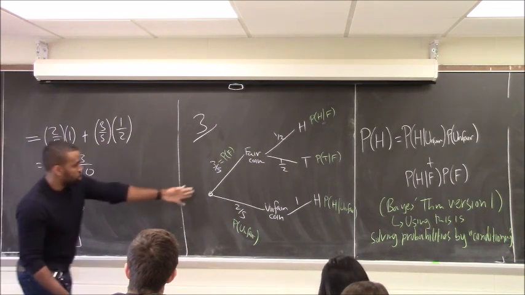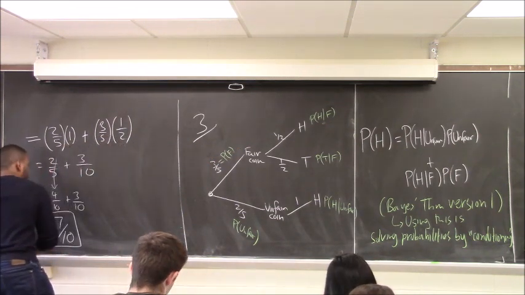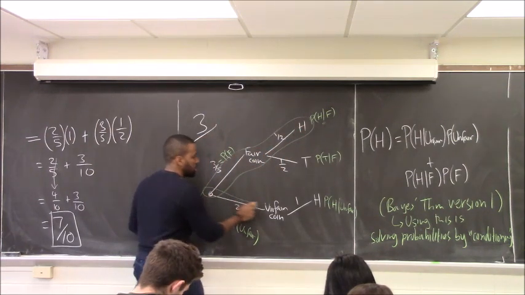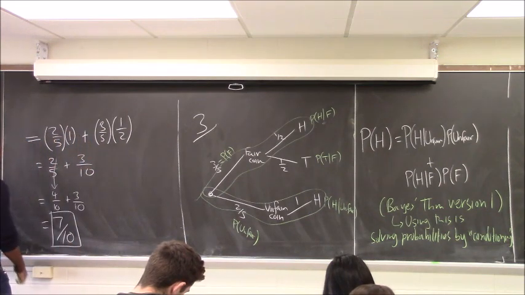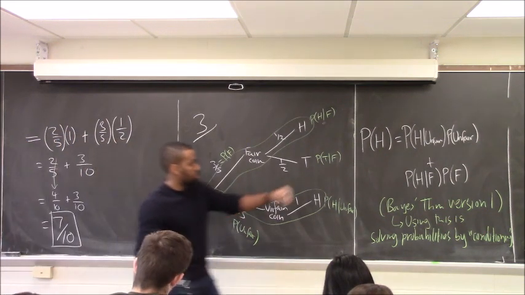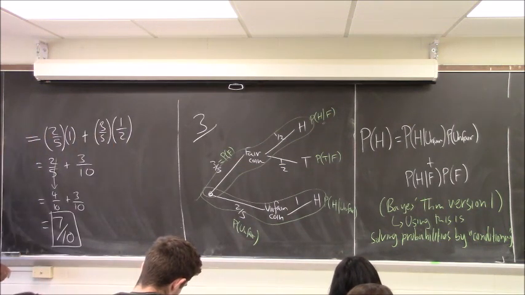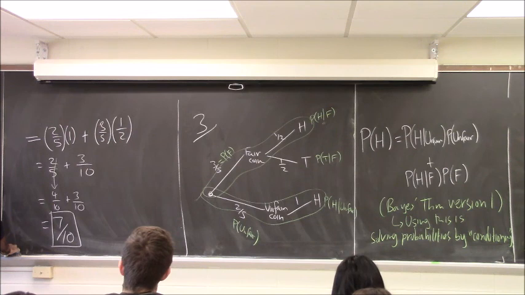So you can think of it as a tree diagram, multiply along the arms, realize that you want this arm plus that arm, because that's all the ways you can get h. You could also think of it in terms of the formula, Bayes' theorem version 1. You could also, I think, set it up as a sample space about coordinates. Ultimately, you'll realize that you have